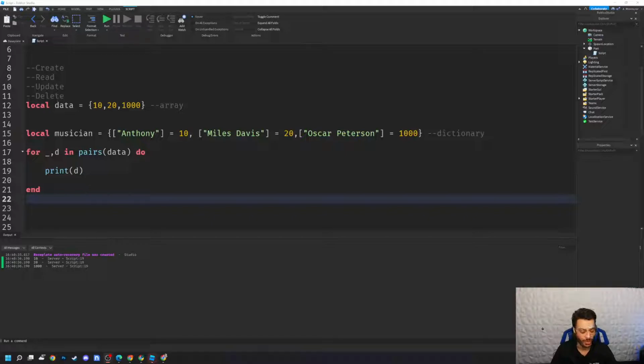This is a part two to a topic that I've already discussed, which was dictionaries, and it's under the subset of tables. Tables are extremely useful and valuable inside of Roblox Studio, and a dictionary is a type of table that's different than an array. Today I wanted to show you specifically how you can use this concept of object-oriented programming by using tables. There will be a whole chapter on object-oriented programming, but just to show you the fundamental concept and idea behind it, we're going to look at how you can use dictionaries